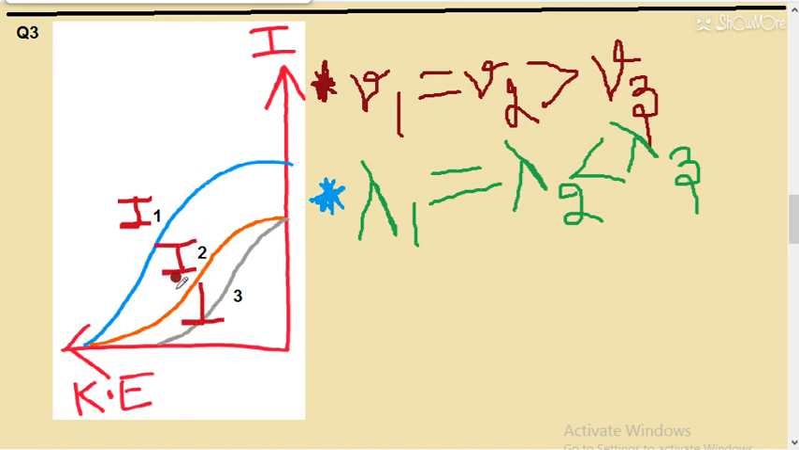So here you can see the photoelectric current is maximum for I1, and the same for I2 and I3. That means the intensity relation will be, if I write the intensity relation here, then that relation will be